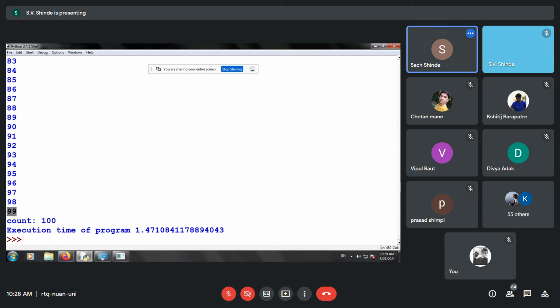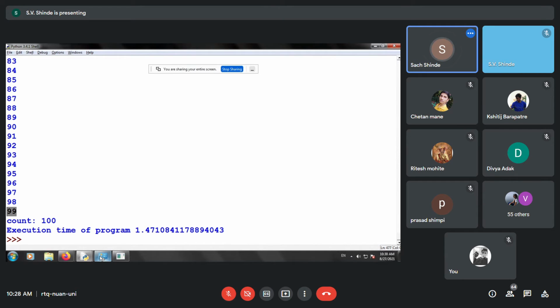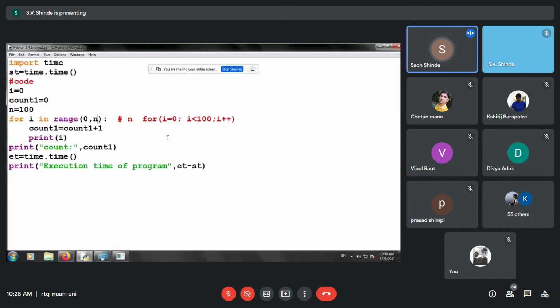You can see the output is giving 99 and it terminated at 100. So it is less than 100. Do you agree with this? Yes, participants? The last print statement which I have highlighted. So this loop simply gives you an answer 1 less than it. If n is equal to 100, it will be terminated at exactly n in this case.